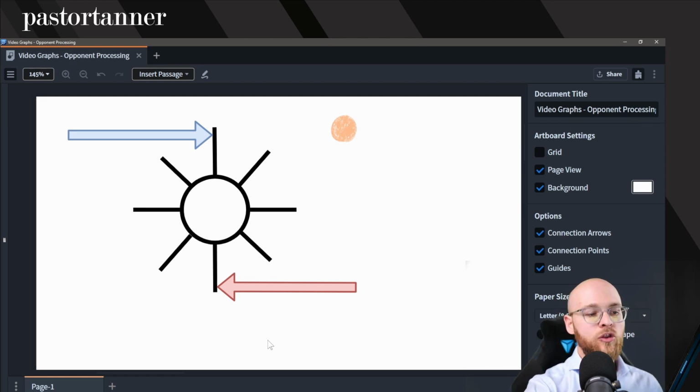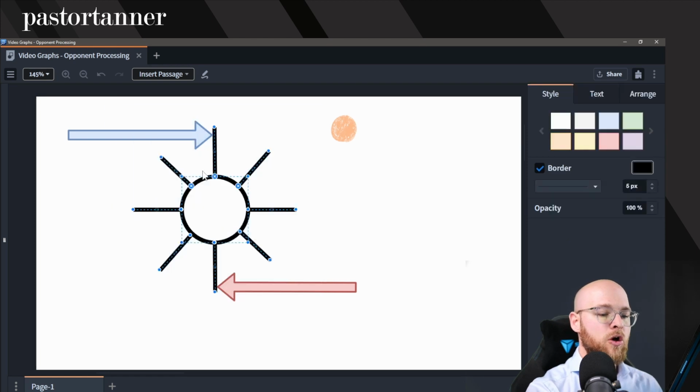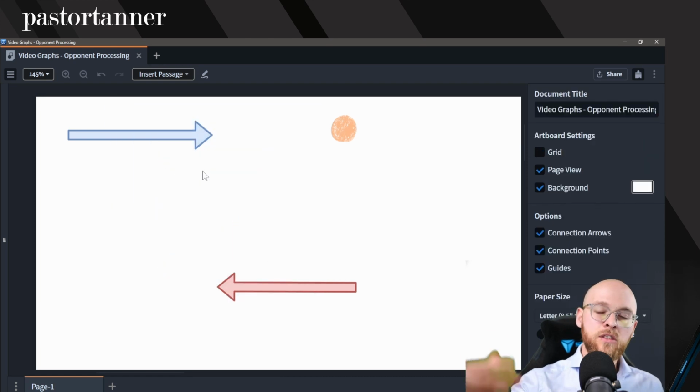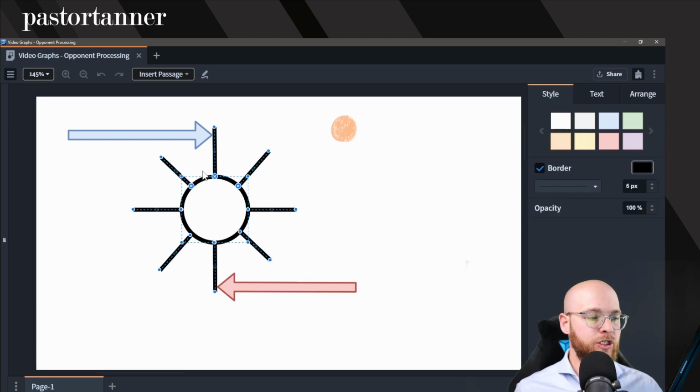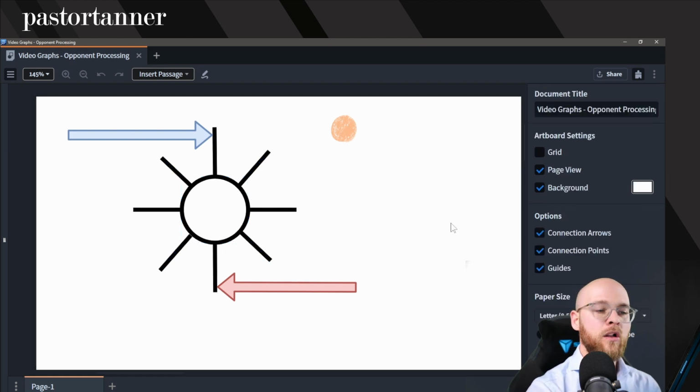Now, if you take the wheel away and you just look at what's going on top down, it looks like these two forces are actually acting against each other. Notice how they're going in opposite directions. But because of the way a wheel works, these are actually supporting and helping one another. This is called opponent processing, when you have two mechanisms that work against each other but are actually helping each other by virtue of the fact that they're working against one another.